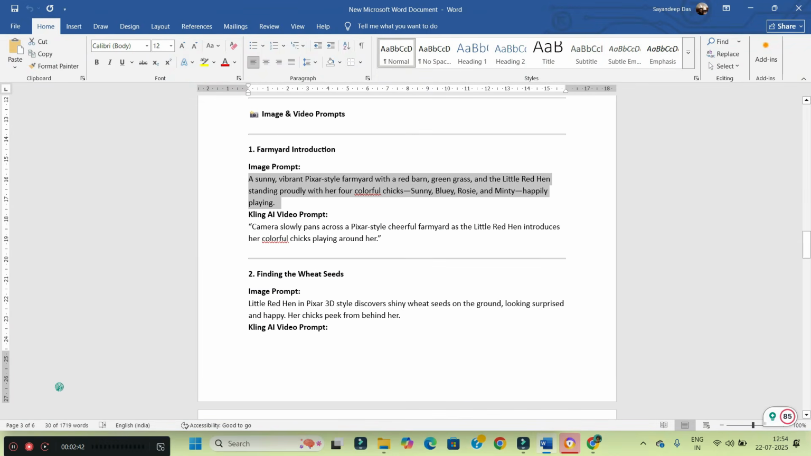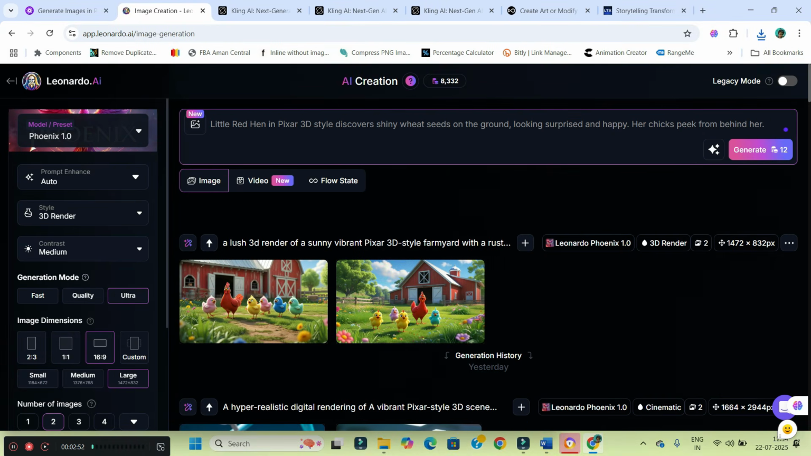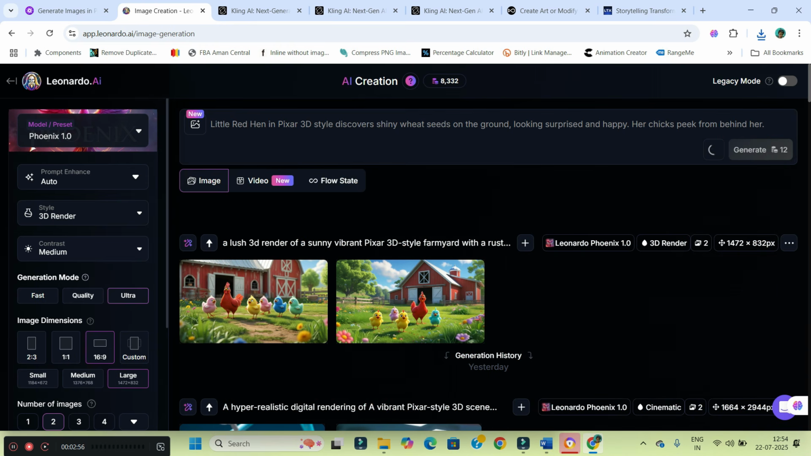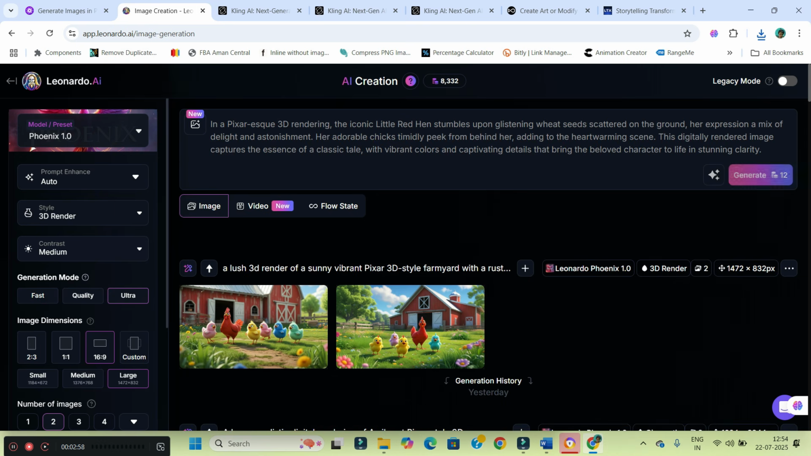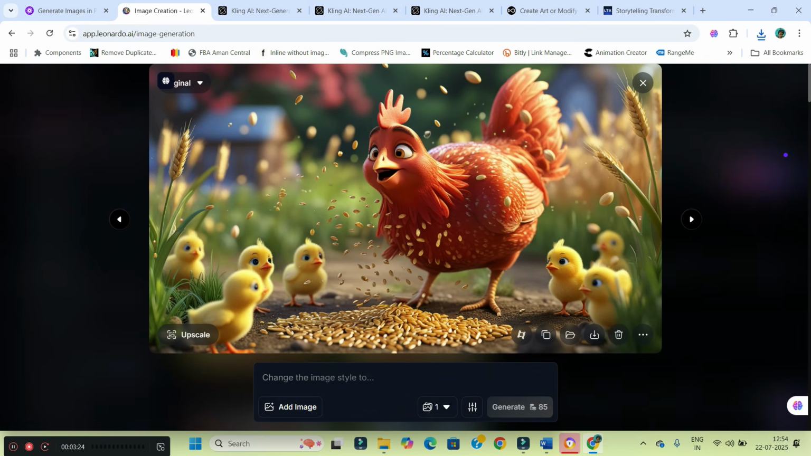So I'll go to the next prompt, copy this and paste it here as it is. Now for this prompt, I want to improve it just to check if the image comes better. So I have improved the prompt. Remaining things will be the same. Just hit generate. This time I will just make 1 image, or let me go for 2 images only and hit generate. I like this one,